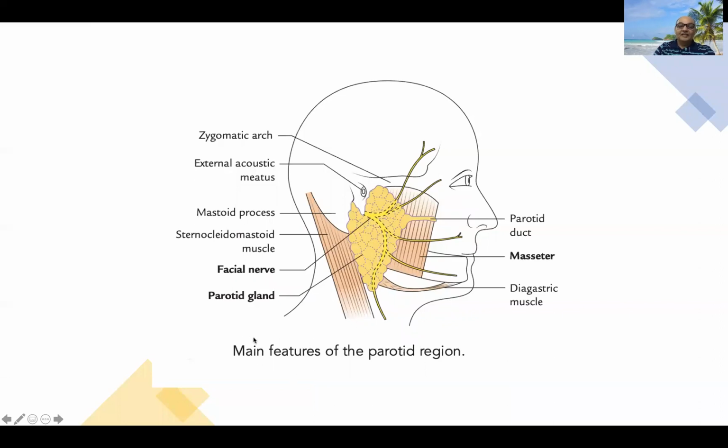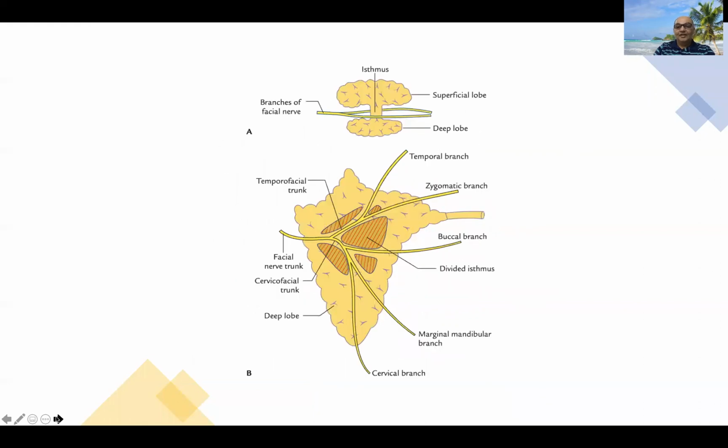You can see that this nerve is piercing through the substance of this gland. We need to talk about it in detail. Now you can see how this nerve is clasping the different parts and lobes of this gland, and you're looking at how it is surrounding it, and this is the inner aspect, how this gland is being